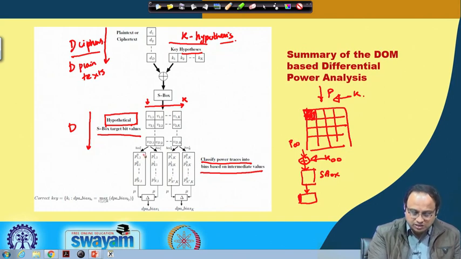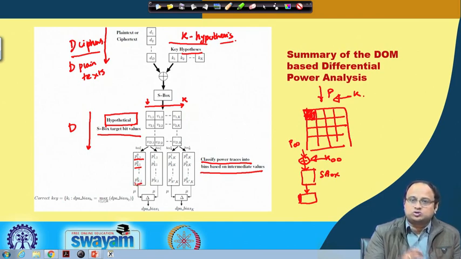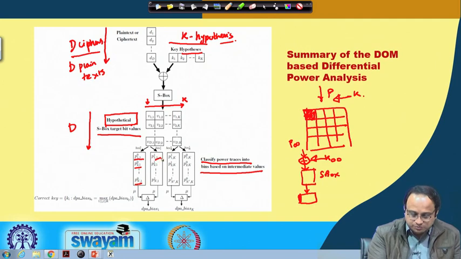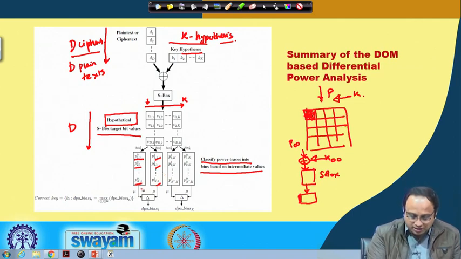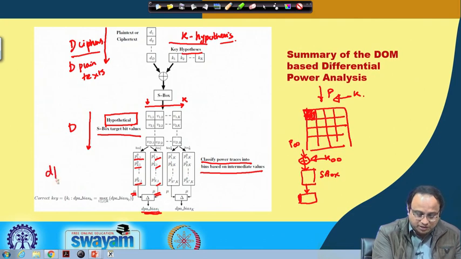So the corresponding power traces P11, P21 and so on till Pn1 indicate those power traces which have gone into the 0 bin. And likewise these power traces indicate those power values which have gone into the 1 bin. And then I take the mean. I take this mean mu, I take this mean mu here, and I take the difference. This difference of means is also called the DPA bias.